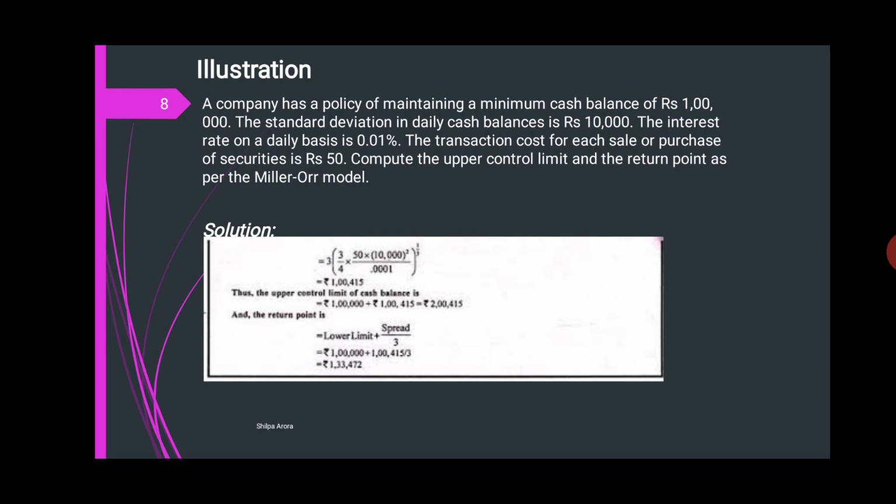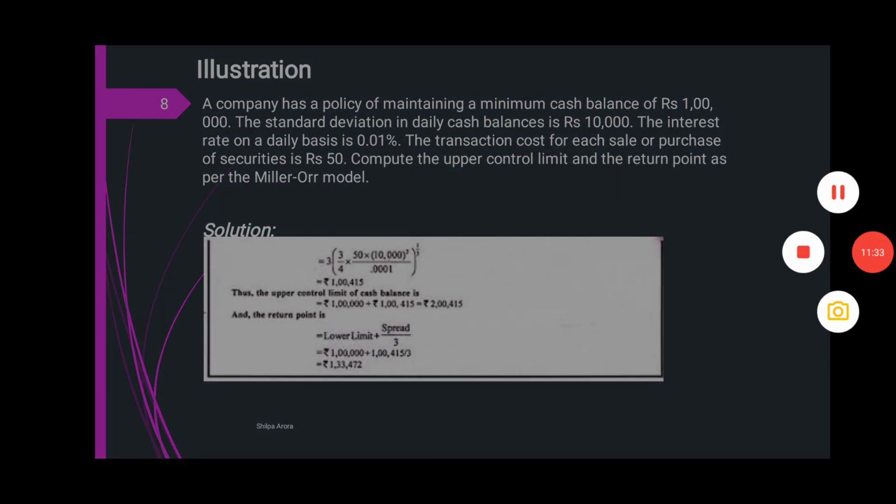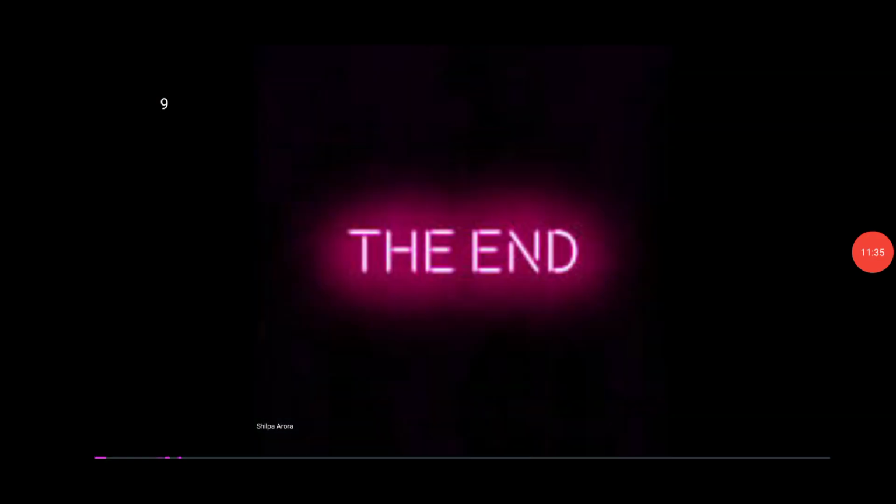According to the Miller-Orr model, this is the cash balance which should be optimally maintained by the firm. Now this was all about the two major models which aim at maintaining the minimum cash balance or optimum cash balance by the